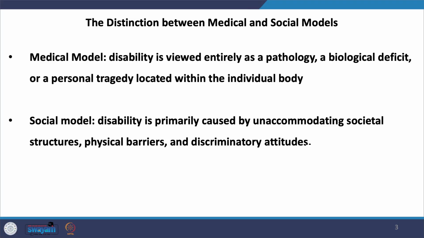Let us now analyze the difference between these models in more detail and understand how it is applicable when analyzing literature. So, the first paradigm is the medical versus social models. Now, the analysis of disability in text is heavily guided by two sociological frameworks. The first one is the medical model, which views disability as a defect or personal tragedy that must be fixed, cured, or managed. Older literature often focuses on narratives of a character trying to achieve able-bodied normalcy. Coming to the social model, it suggests that disability is primarily caused by unaccommodating societal structures, physical barriers, and discriminatory